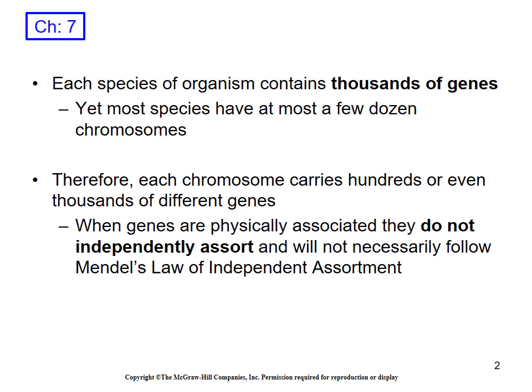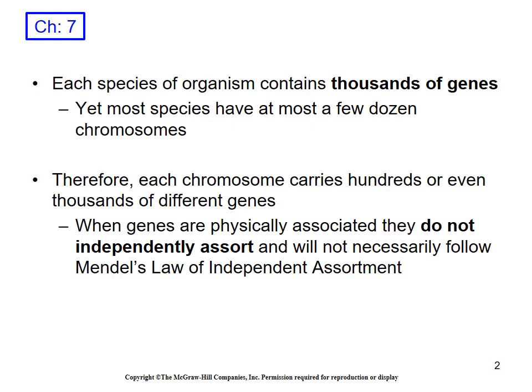Now, it turns out that not all genes will adhere to Mendel's law of independent assortment. There are genes out there that are physically linked together because they're located on the same chromosome, which kind of makes sense because if you think about it, humans, we have 23 pairs of chromosomes, but based on research, we know that we have anywhere between 22,000 to 23,000 genes. That is a massive amount of genes to compile within a small amount of chromosomes. So we see that each chromosome has the ability to carry hundreds, if not thousands of genes,